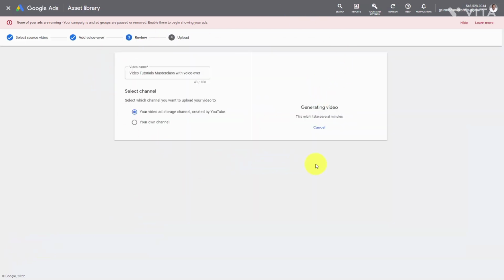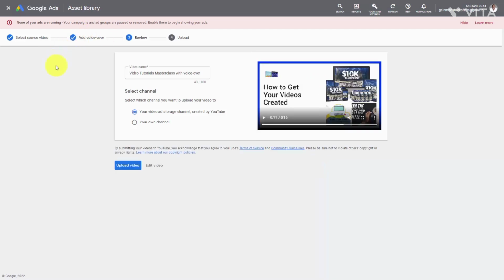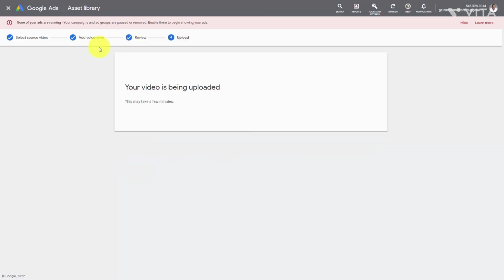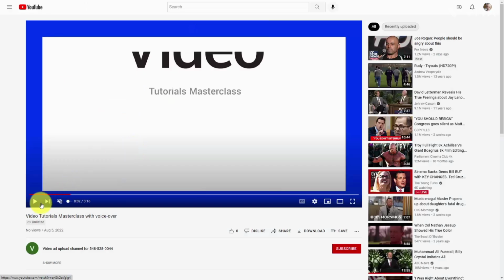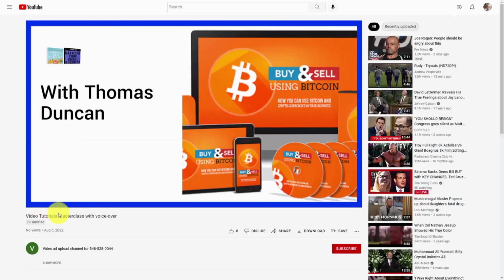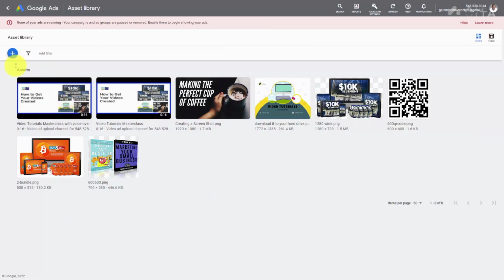And your video will start the creation process. Once your video has completed its processing, you can then upload it to your storage area. And your video will go through the upload process. You'll then be able to click the link to see it in a YouTube format, and you'll be able to see your video playing. And the new video with the voiceover will then be available here in your asset library to be used for your ad